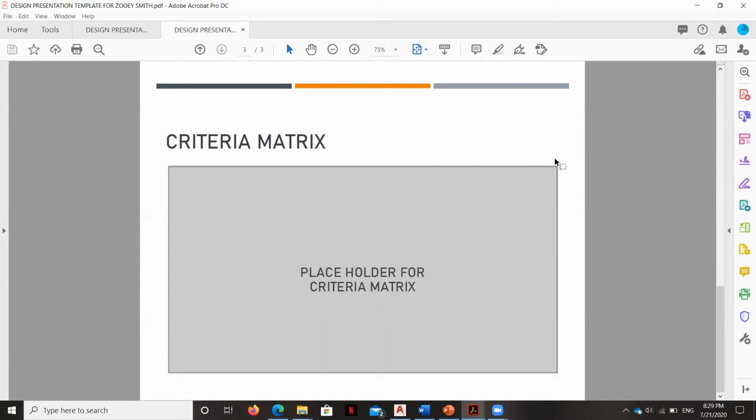And then from there, all you need to do is upload it under the link for the assignment Dropbox or for the assignment drop area. So that's how you print just a selection of slides and convert them to a PDF for an assignment upload each week, instead of uploading the entire PowerPoint or a PDF with all 31 slides in it.